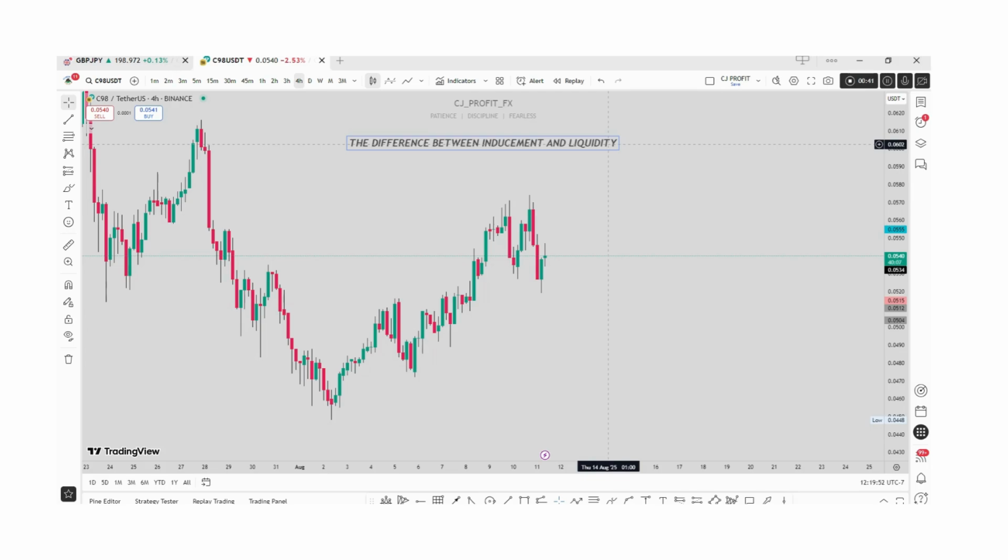When we talk about inducement, we are talking about a trap. We are talking about conviction. What convinces you to do something? What attracts you to do something? Sorry, inducement is an attraction. These are things that attract traders to make decisions that they are not meant to. Just like you trying to buy at a zone where you are not meant to. Okay, that's an inducement. And when we talk about liquidity, liquidity has to do with